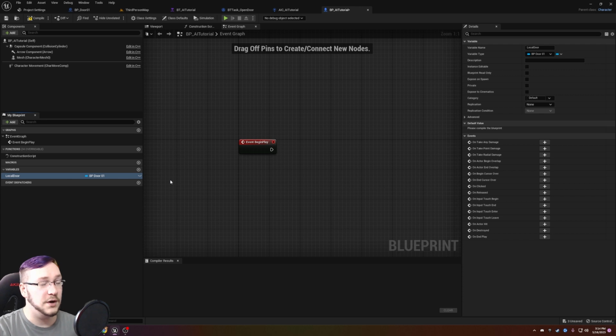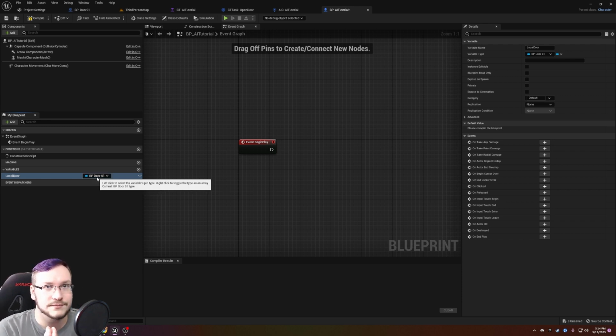I want to give you a quick warning about how we created the door. If you're new, this is valuable information. It's gold, okay? We are hardwiring this variable to go to door 1, because as of right now, if you had multiple doors, as you can see, it's only looking for BP door 1. You can see where that would be an issue if you had multiple types of doors. The way around this is create a parent door. And I know for some of you that's gonna sound like Spanish. So if that doesn't make sense to you,